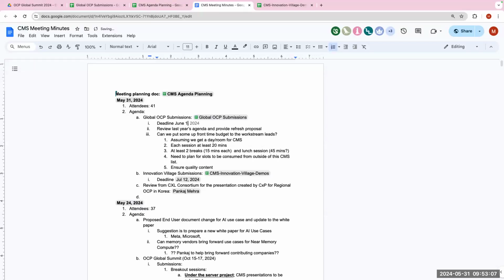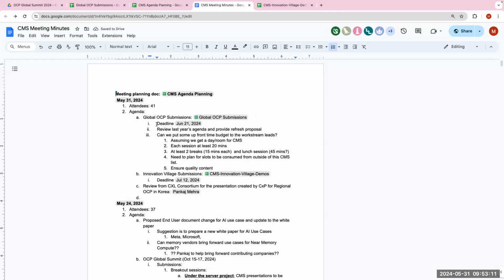This may also be the time for people who have submitted directly to the OCP server to identify their submissions, whether they fall into the agenda as proposed or not. Just list what you have submitted, so that if they align well with the CMS agenda, Manoj, maybe you guys can organize a little bit and let the work stream people know if there's something in their areas. Right. Yeah, exactly.